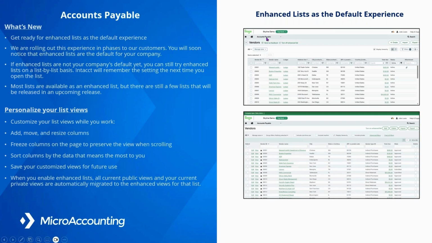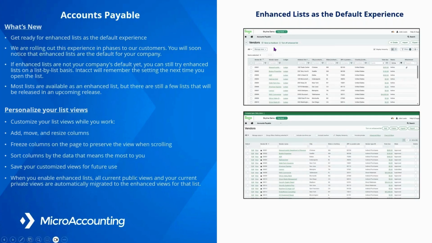With this new view, and I can get to this view a couple of ways, as of Monday this is going to be the default view experience for all end users. When you come into the system on Monday and you happen to land on the vendor page, it's going to look like this. Nothing's wrong with your system. It's just that new view that's been out there for a while now.